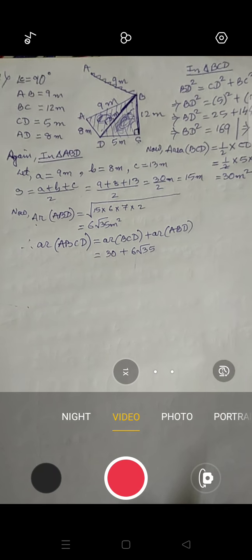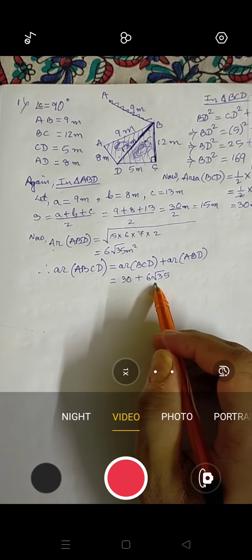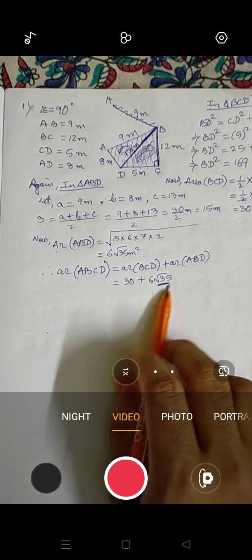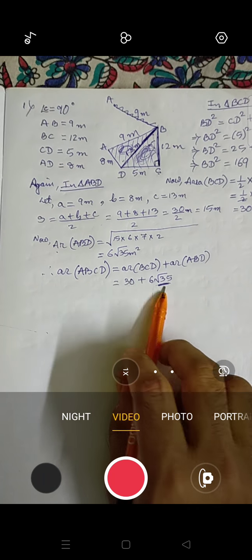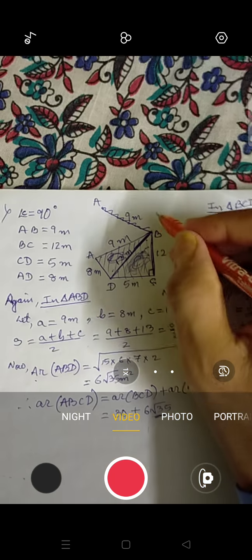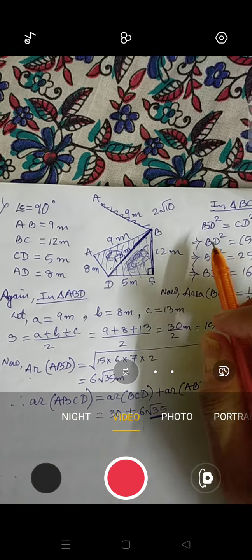Okay. Now here there is a little problem. The problem is what? When we write the area, we write it like 40 meter square, or maybe 40.2 or 39.72. That way we write, is it? But there is a root. So whenever you are having two values and one is under the root, then we will find the value of that root. In the previous exercise, some of the answers we got like this also, 2 root 10, just an example I am telling you. This is a single answer.